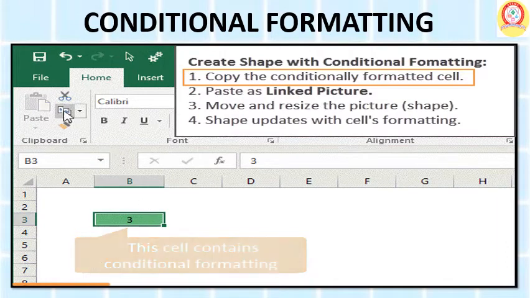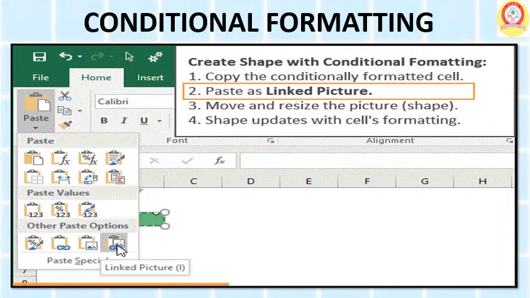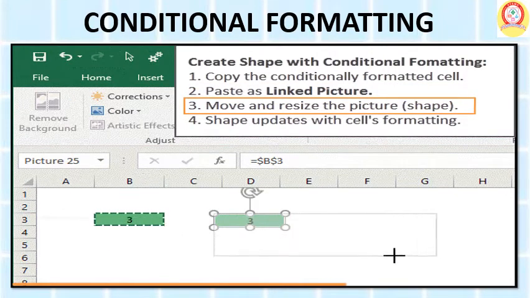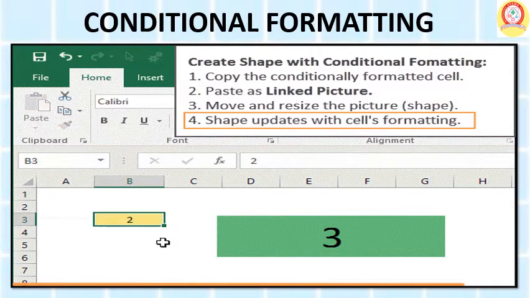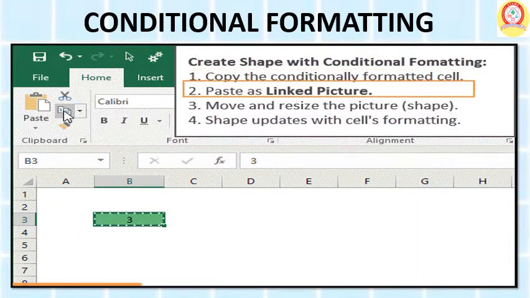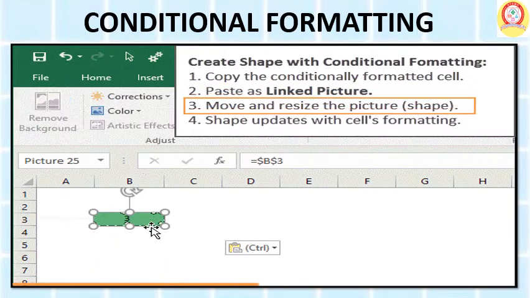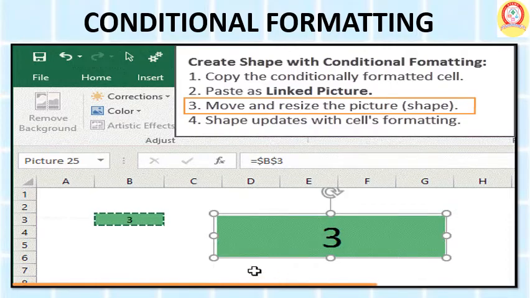Conditional formatting. Now children, conditional formatting is a feature that allows you to set cell formats according to the condition that you specify. Using this feature, you can make Excel display numbers in a particular color depending on whether they are greater than, equal to, or less than a certain value. The Conditional Formatting command is in the Styles group of the Home tab.